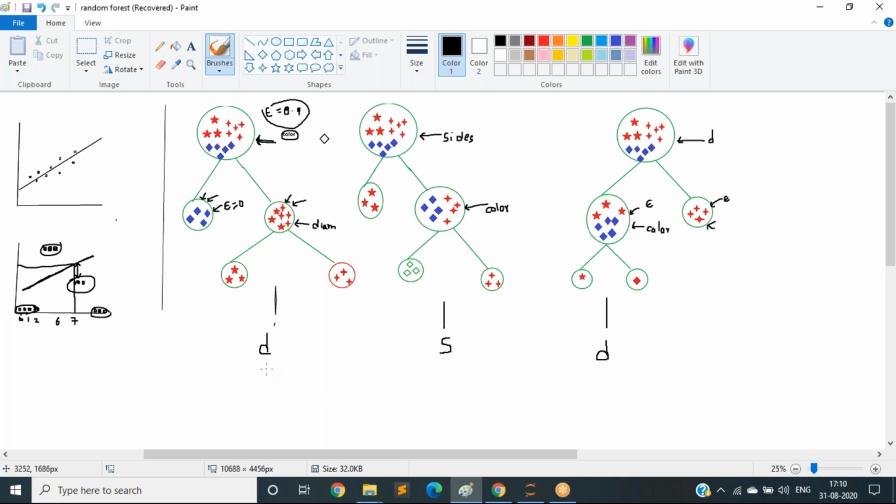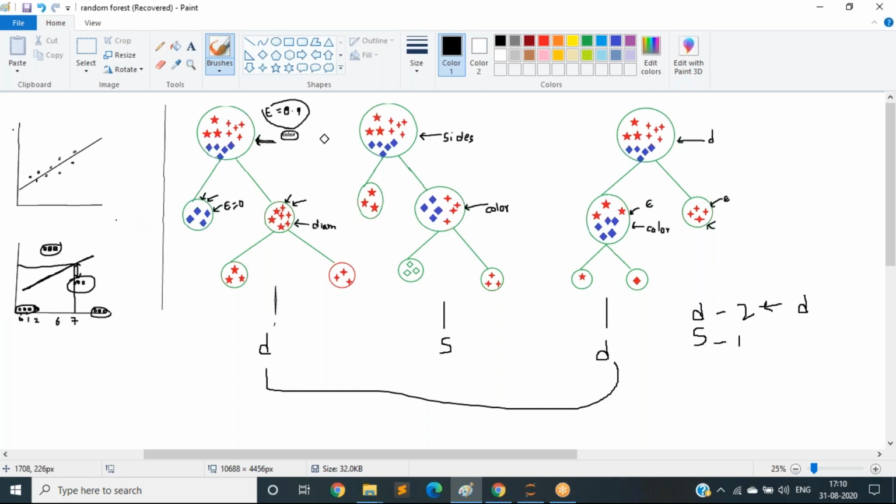What is the majority prediction it has? Diamond, right? Diamond 2 and star 1. Okay. Now it will predict your new data as diamond, from the majority. That's how your algorithm works.